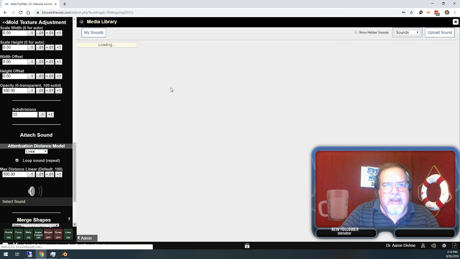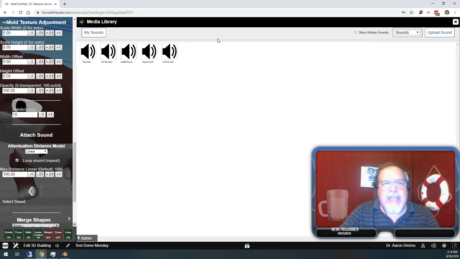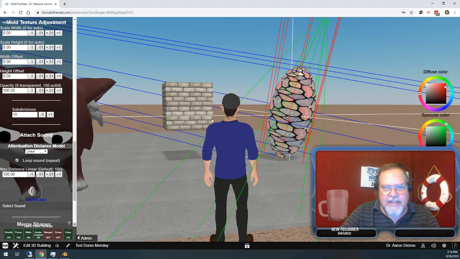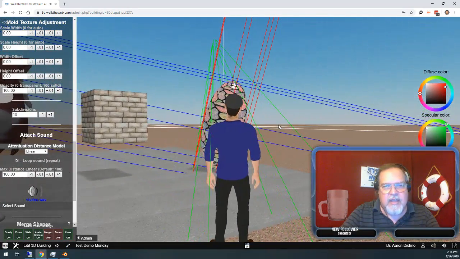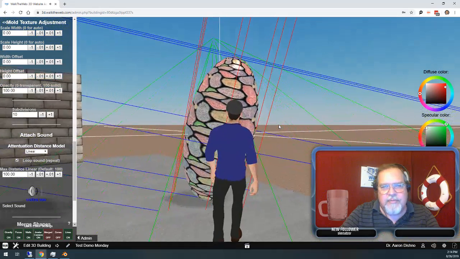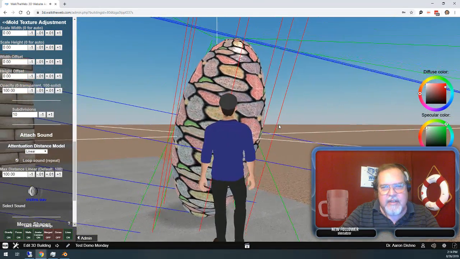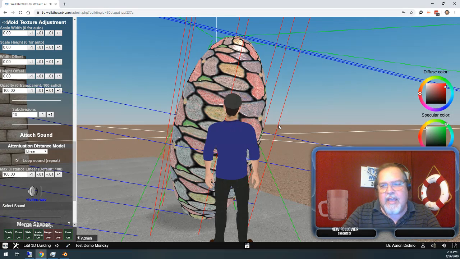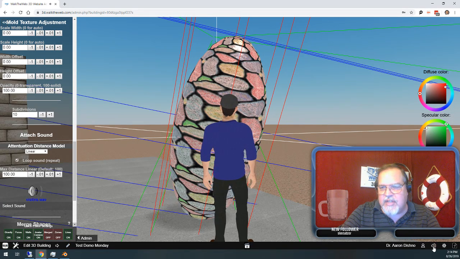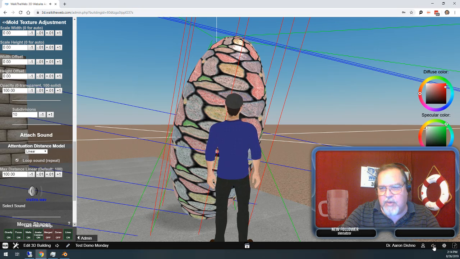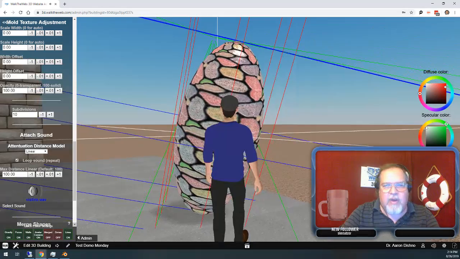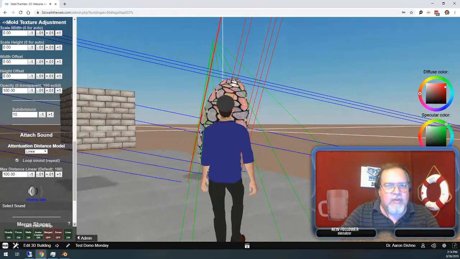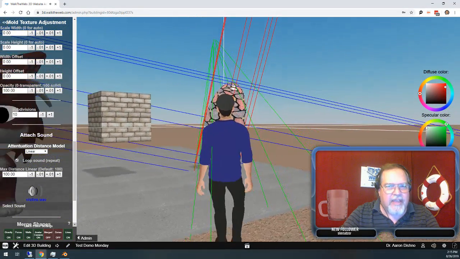I'm going to select a sound, and once again it shows me my media library, and I can come in here and I'm going to click on violins. And the first thing, we hear violins. And when I walk closer, and I walked right into the egg, there we are, we can hear the sound. Notice that on the site there is a mute, so you can turn off and on sounds at a touch. The other part is, as I walk backwards, it is getting quieter